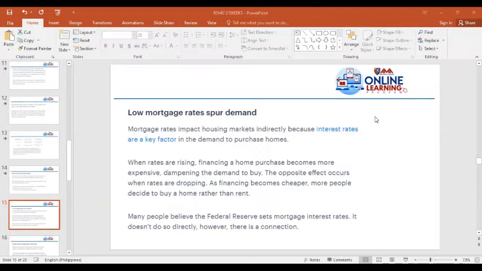Many people believe that the Federal Reserve sets mortgage interest rates, but it doesn't do so directly. However, there is a connection. So with this, merong mga certain real estate na nag-o-offer ng